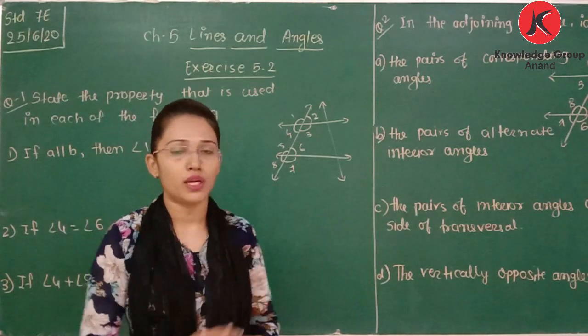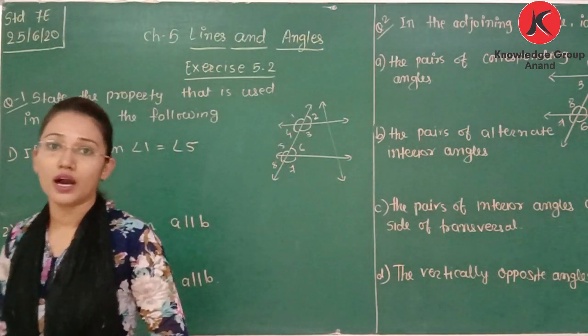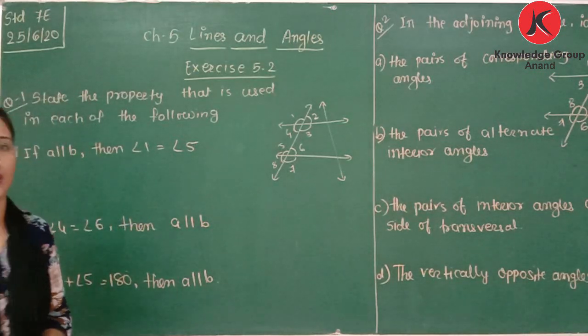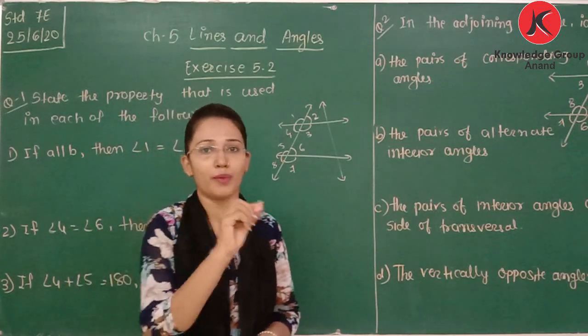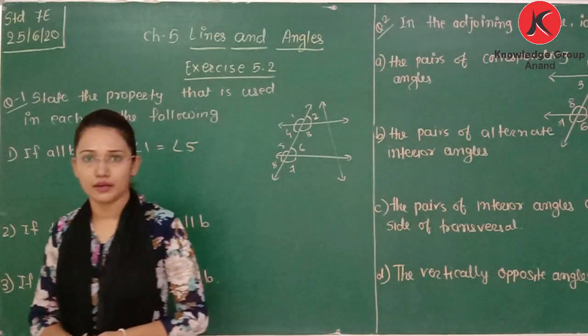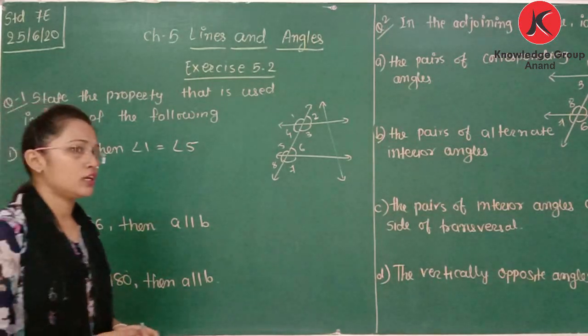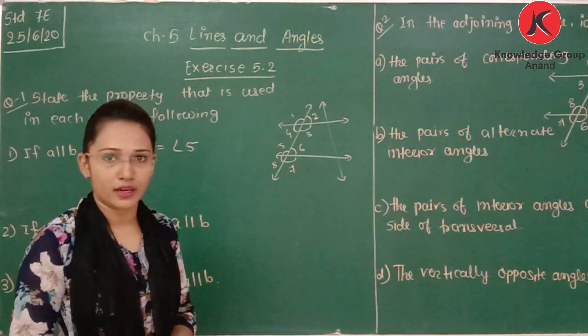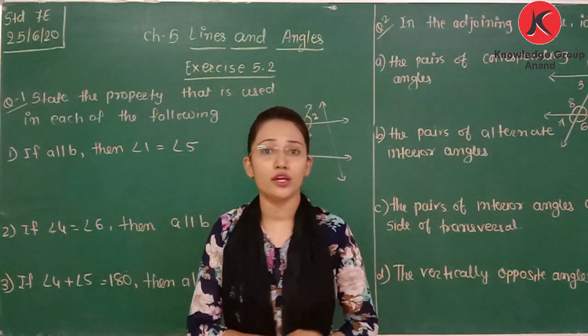Then the second rule we learn: if two lines are parallel, then alternate interior angles are equal. Alternate interior angles are the angles that make the shape of a Z. Then the third property we learn is that if two lines are parallel, then interior angles on the same side of the